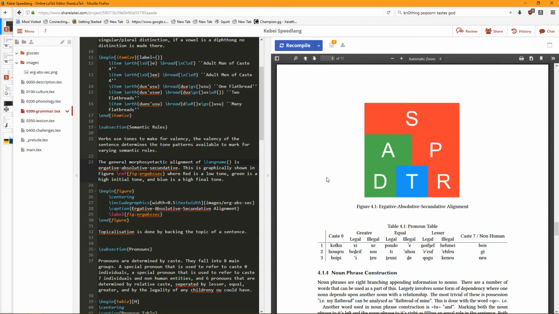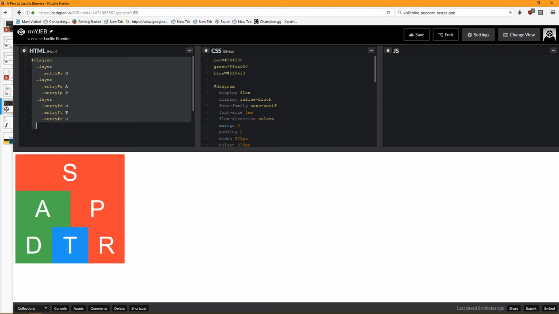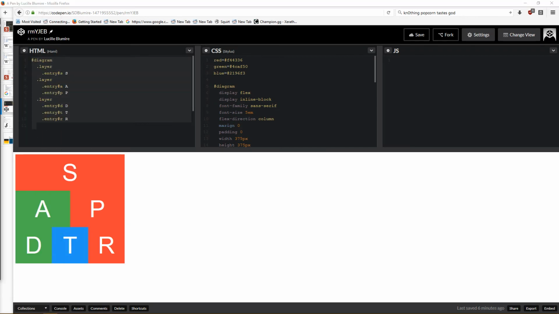Kepe is ergative, absolutive, secundative in its alignment. And I wanted to make an alignment chart for that, but I didn't want to faff around learning TikZ to make a graphic. So I just did some HTML instead. I would offer to just write in text, but I'd actually have to read up as well. Yeah, I can't be bothered to learn how to do this, and TikZ looks difficult, so...